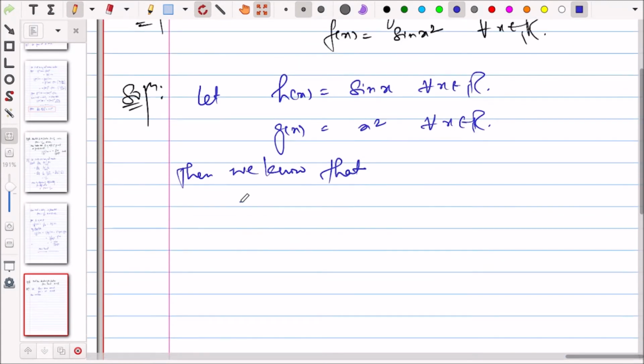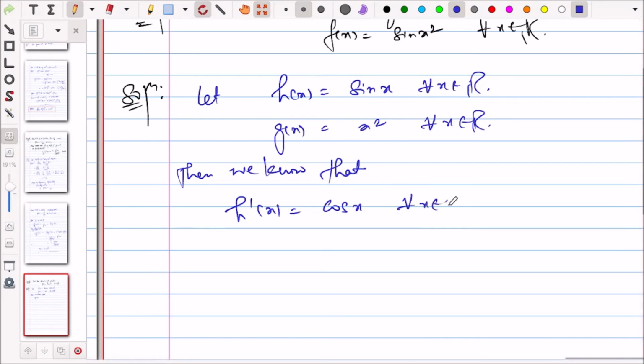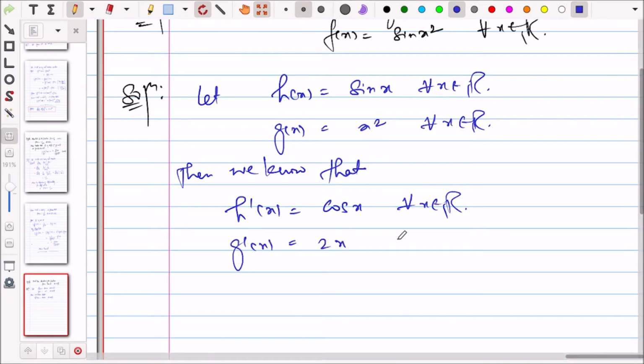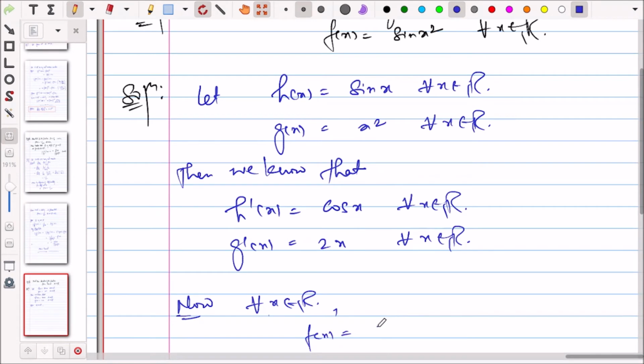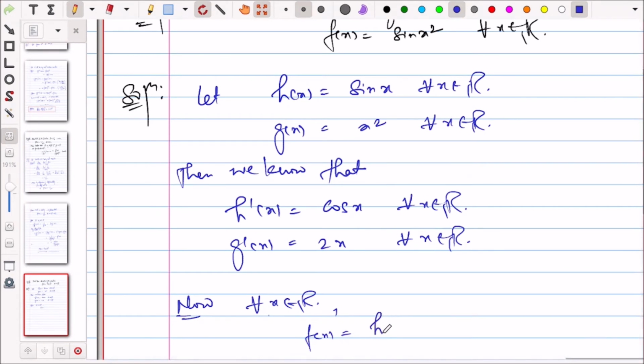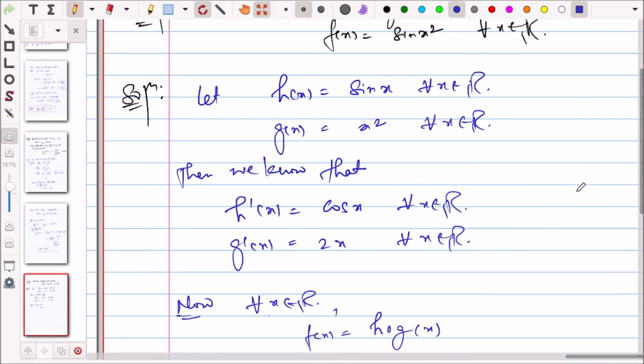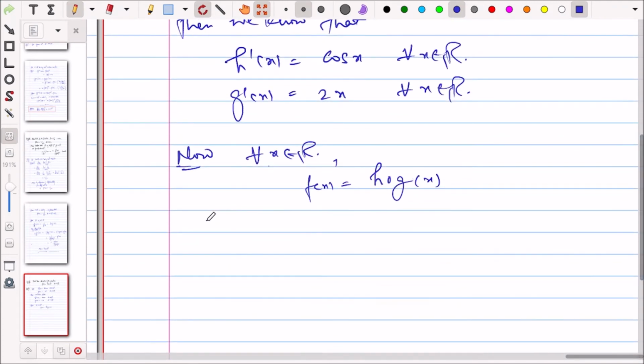देन वी नो दैट h dash x is equal to cos x for all x in R। ठीक है, and g dash x is equal to 2x for all x in R। now f for all x in R, fx is equal to, तो हो जाएगा, it will be h of gx, right? So by chain rule,